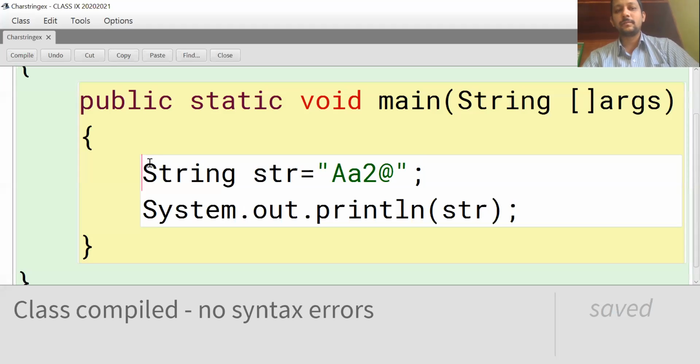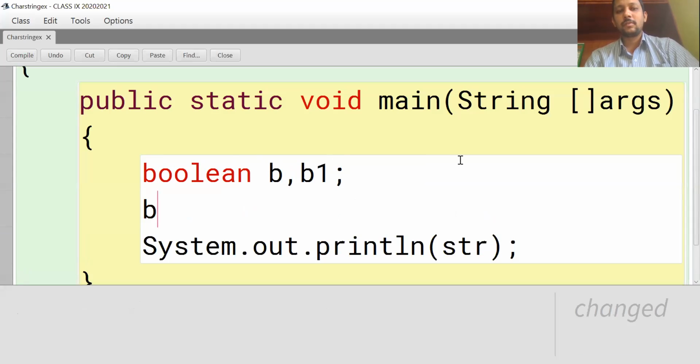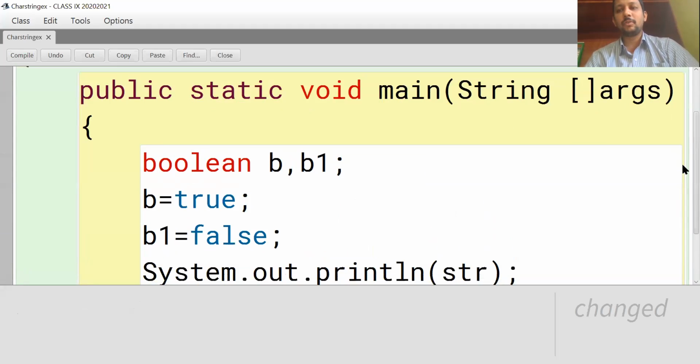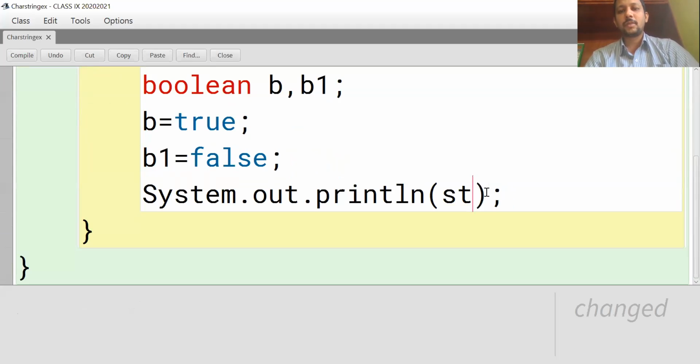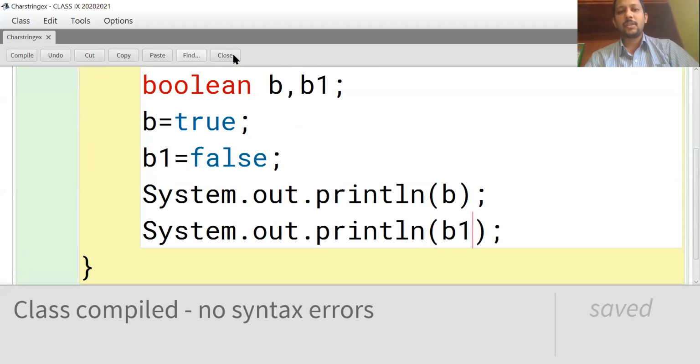See, boolean b, b1. b is equal to true, b1 is equal to false. No single quotes, no double quotes. System.out.println(b), System.out.println(b1). So compile. What is your output?